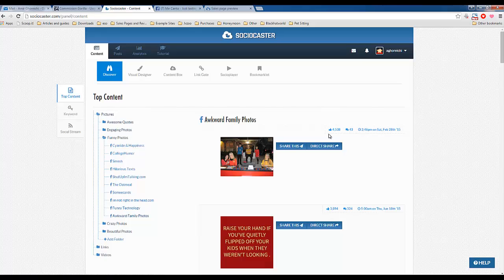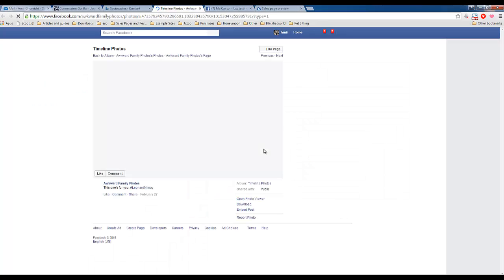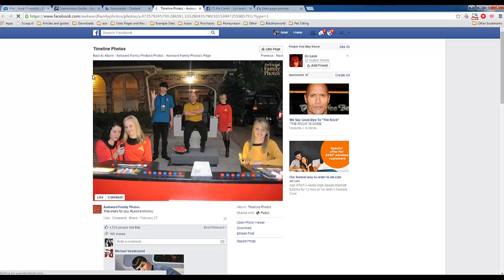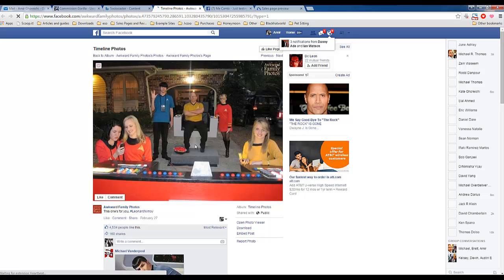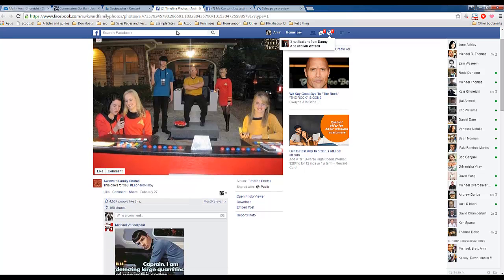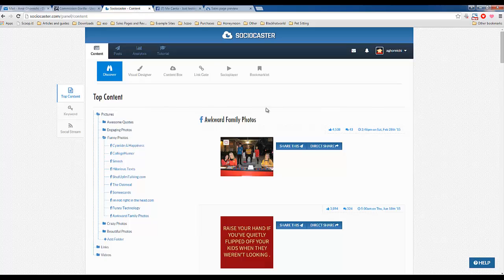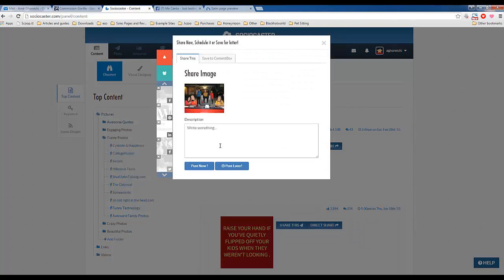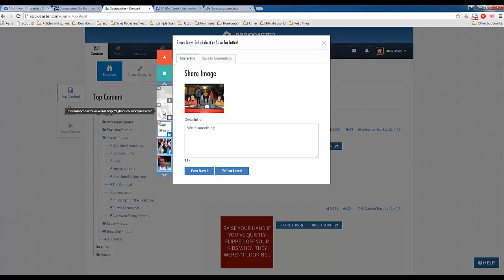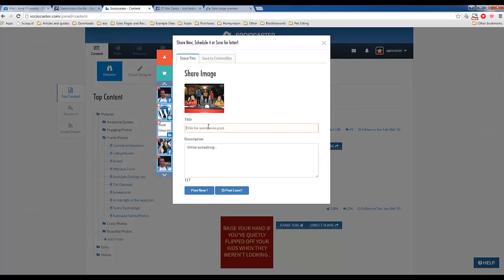What is this here? This looks like a Star Trek photo with 4,500 likes, and if you click on that, you can preview it, or actually see it on the actual source page. From there you can click share, and you can see all of my social profiles lined up to the left here. If I wanted to, I could click and activate all of my social profiles and put something like funny family photo,